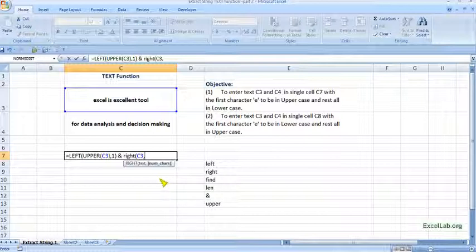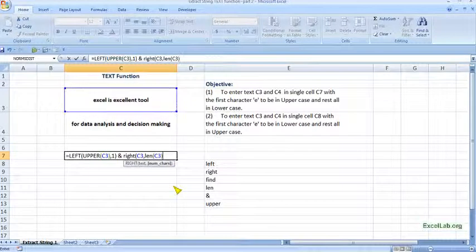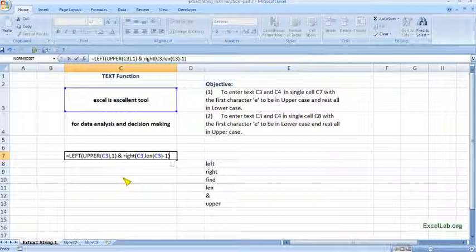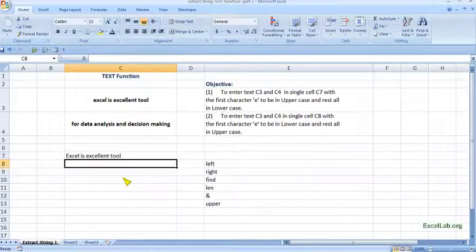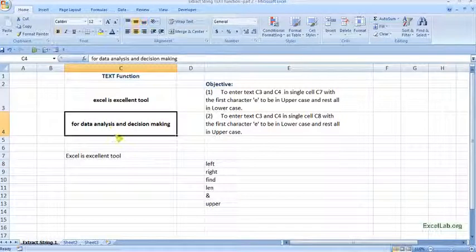Again the same fundamental which I showed in part 1 of the previous video: length of this text minus 1, that is E. Put the parenthesis and let us check. So we got it.